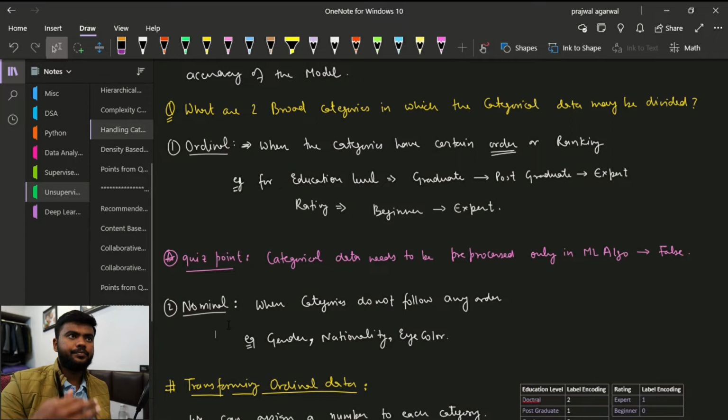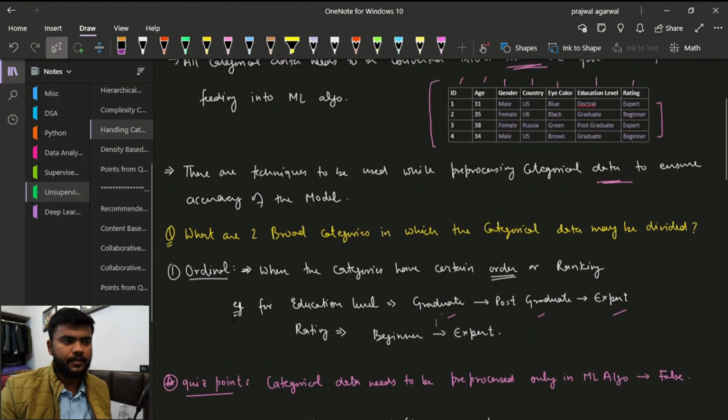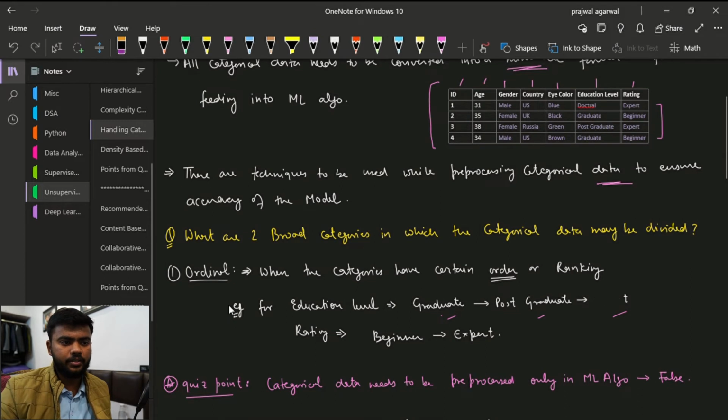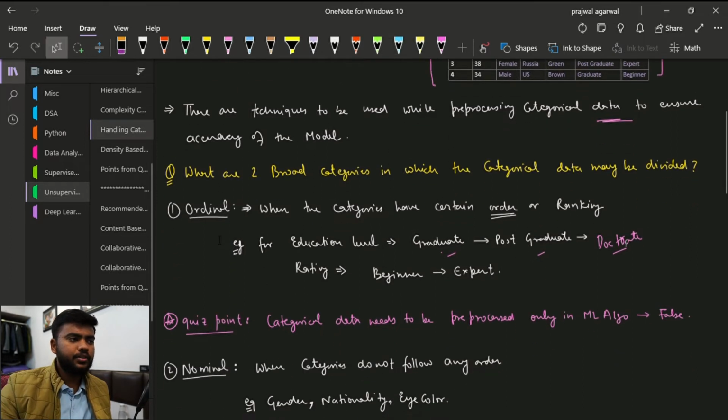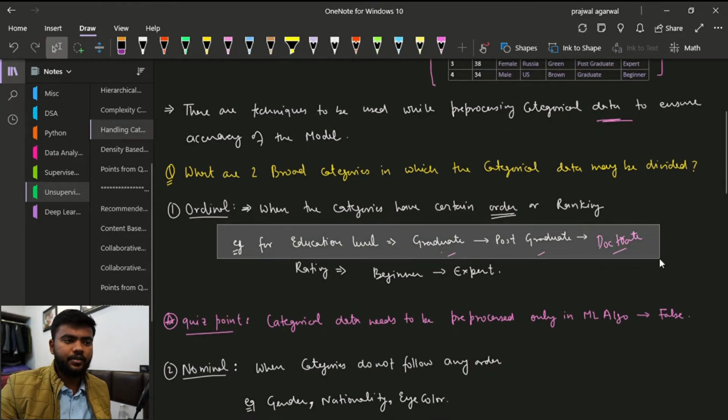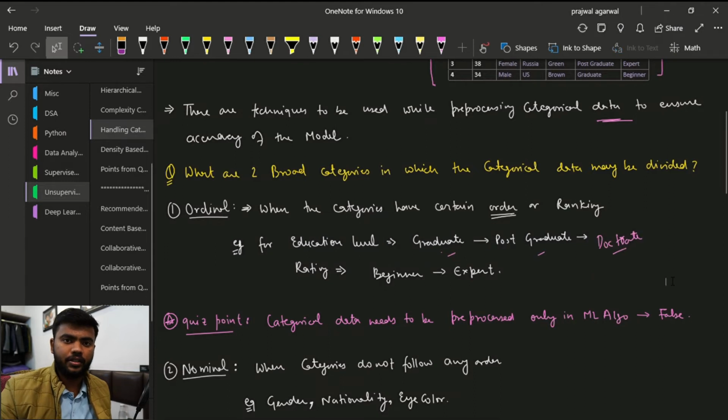For example, in education level we have graduate, postgraduate, and doctorate, and we know that graduate is smaller than postgraduate and postgraduate is smaller than doctorate. It should not be expert, it is doctorate actually. So this is categorical data which has a certain amount of order associated with it.